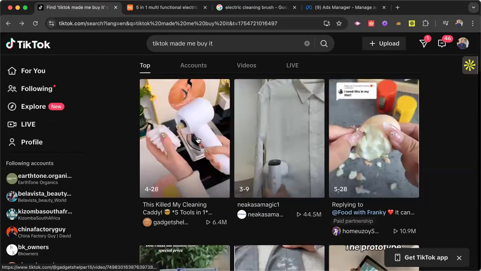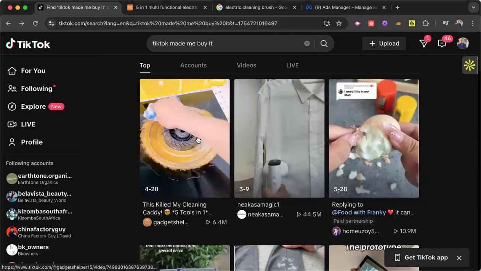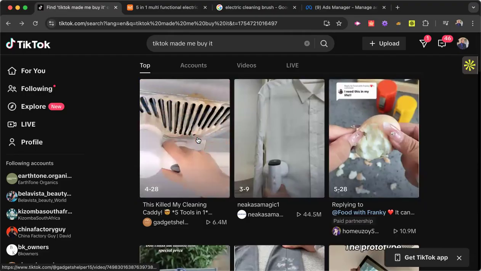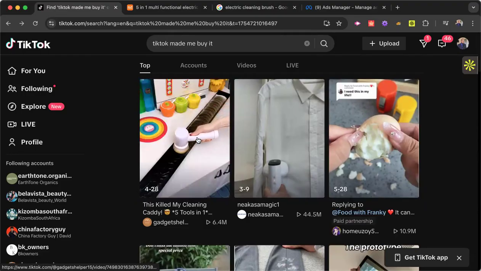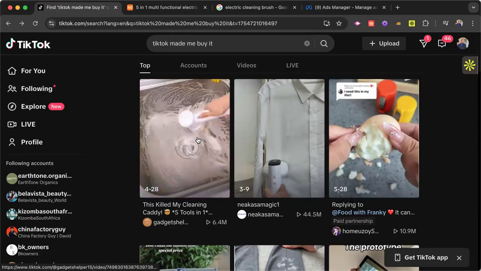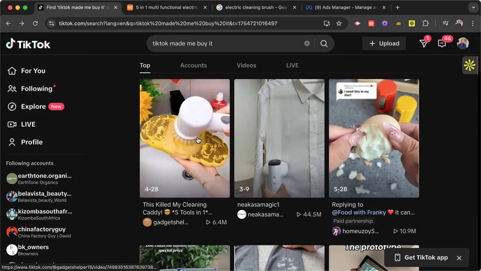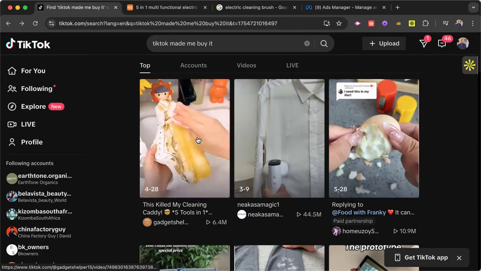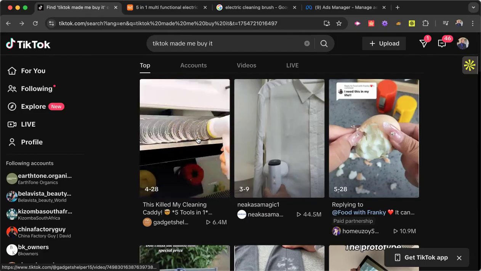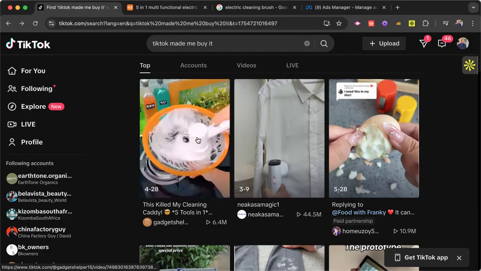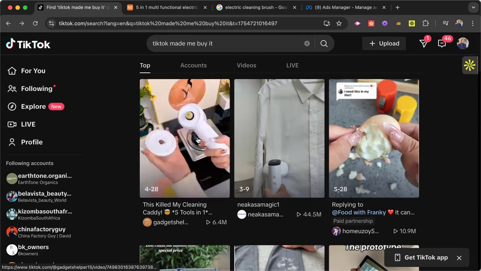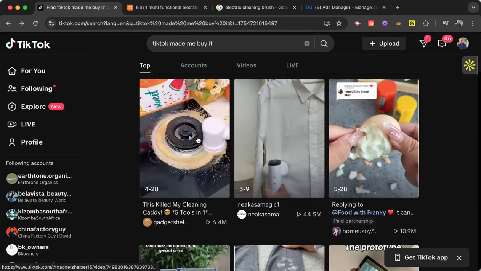So we're going to go back, and now let's say we've made up our mind. We're going to go with this cleaning brush, and now we're going to start asking ourselves questions like, okay, cool, where are we going to apply this? But before you dedicate to one product, we want to start doing our market research and seeing, will we make a profit? How much does this product cost us? It's not all good and well that this has got 6.4 million viewers and a lot of people are buying, but we want to make money.